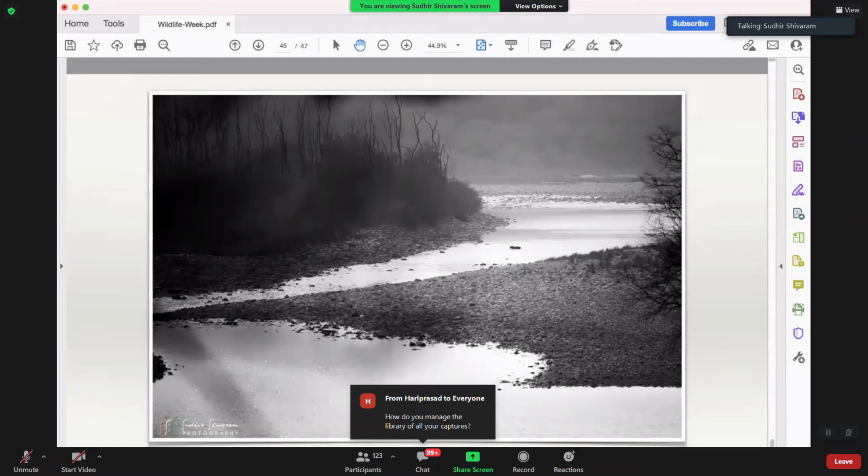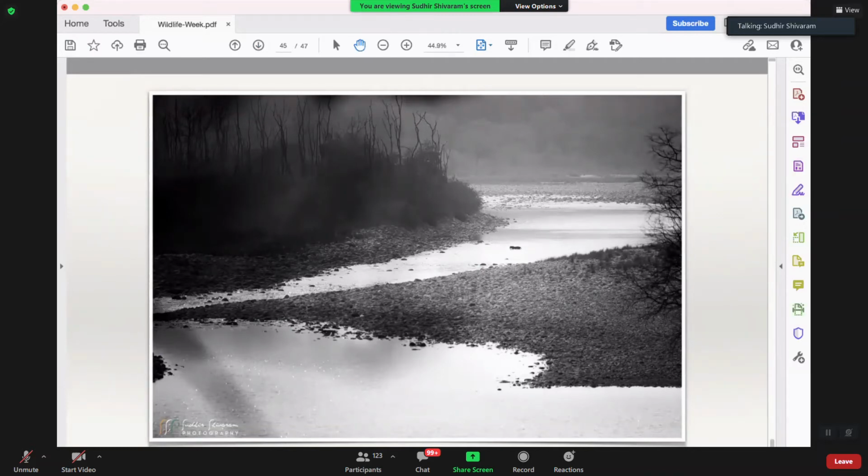Okay, so Darshan, what focusing points to use? That is honestly a little bit outside the scope of this particular presentation, because I'll have to go in depth into how the camera achieves autofocusing, how exactly the contrast and the light plays a role, how the depth of field comes into picture, what is depth of field, the area. A lot of those things I'll have to get deeper into to answer your question.